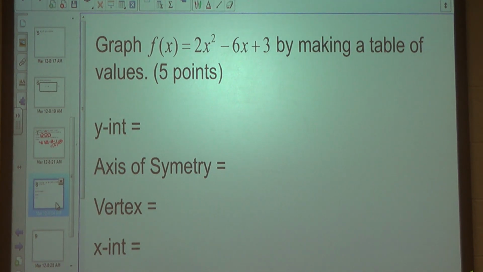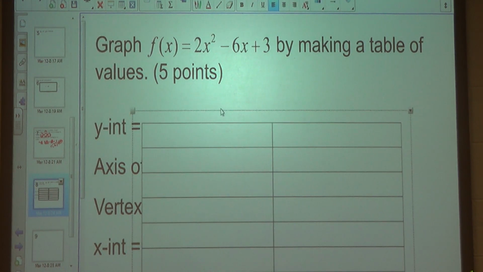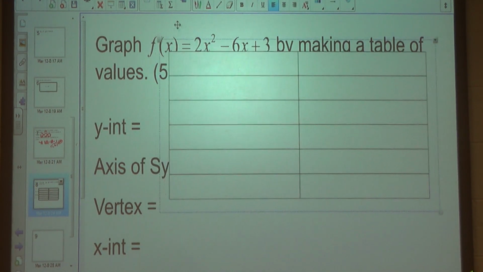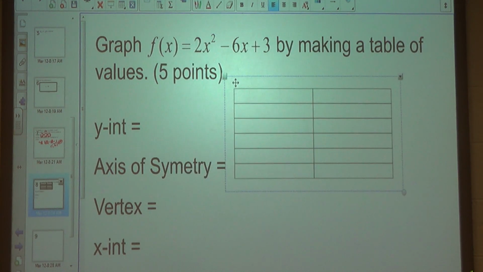Graph that equation by making a table of values. I'm gonna actually give you this, and then I'm gonna give you a table that you'll have to fill in as well. So I'll give you a table with an X and a Y axis. Okay, so on your paper right now, find